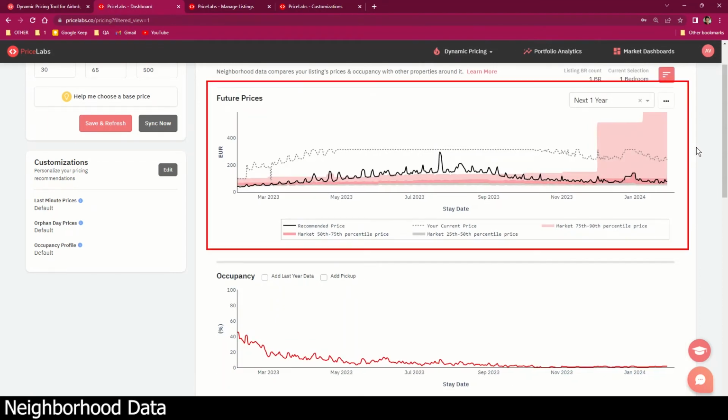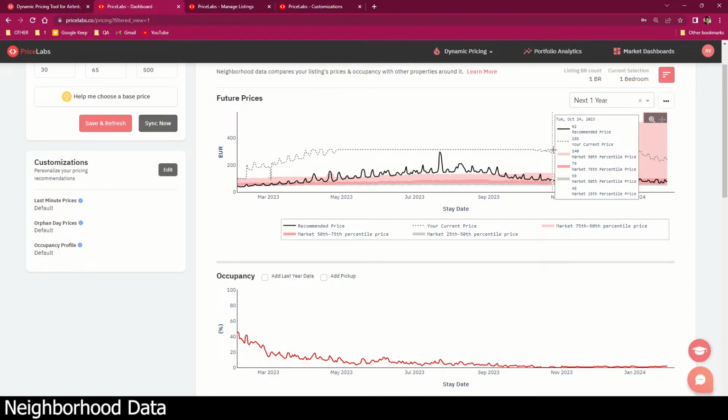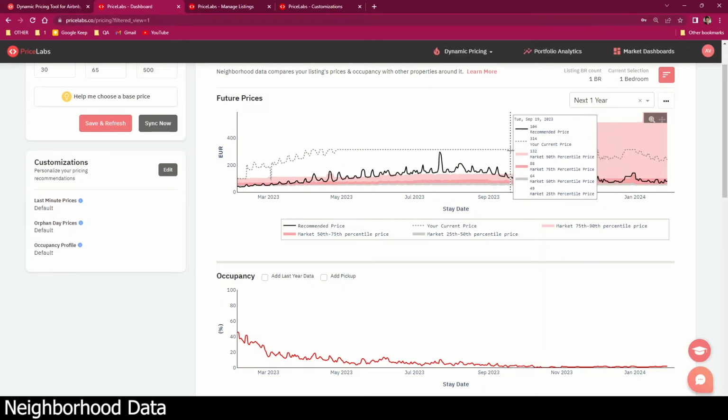The future prices chart shows you the recommended prices from your PriceLabs calendar compared to the current prices of your listing on your PMS, together with the range of the rates for the categories of the listing in your area for the next year. Your recommended prices are the black solid line. The last prices we saw on your PMS calendar are the gray dotted line. The range of daily rates for the other listings in the area are shown in the shaded portion of the graph, with the 25th, 50th, 70th, and 90th percentile rates detailed for each date as you hover your mouse over